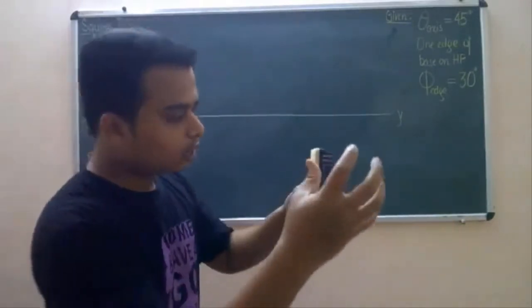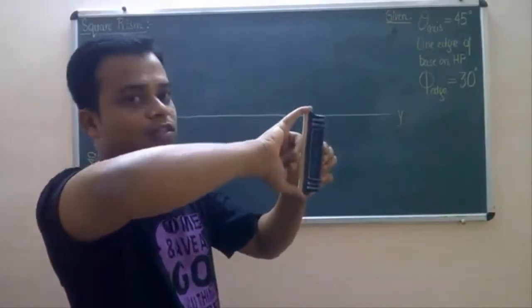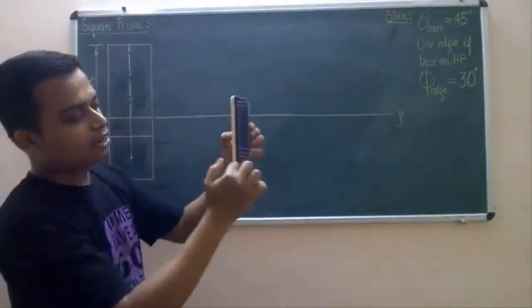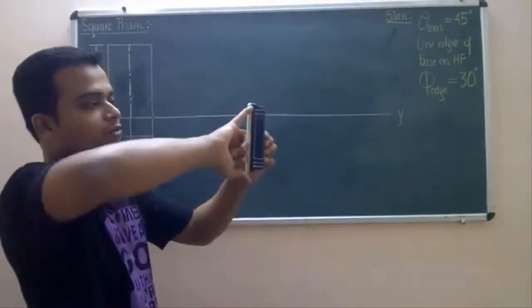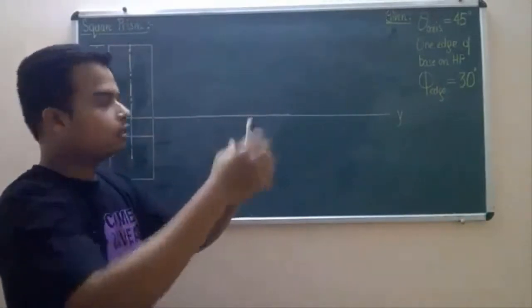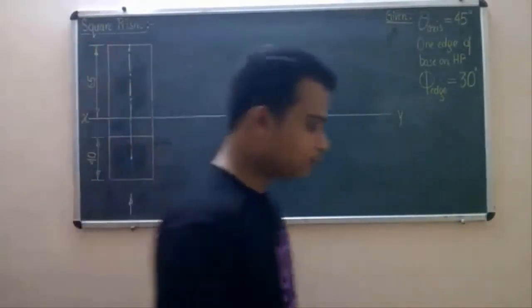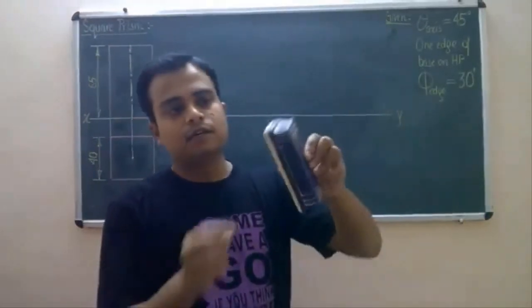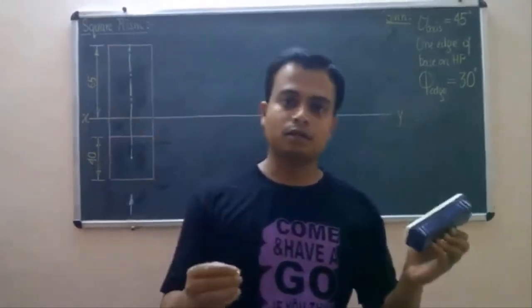Now, when you look at this object from the front, what you will see is this height. This height has been given as 65 millimeters, so we have drawn this. Okay, this is the rectangle which you're going to see, which is having a base of 40 mm, whereas the height of this rectangle is equal to 65 millimeters. Now, what we'll do right now is we're going to name all the points. If you see clearly, the top has four corners as well as the base has four corners again.